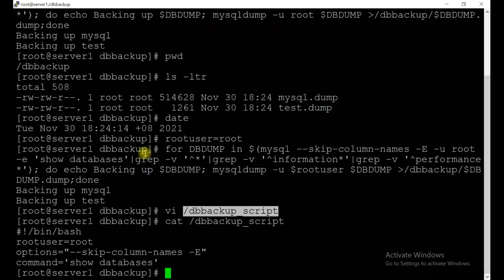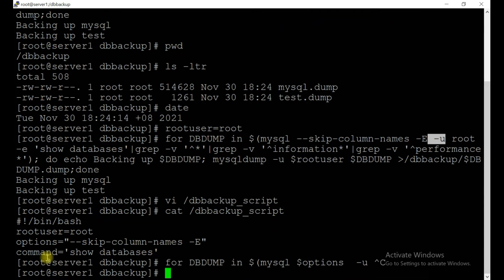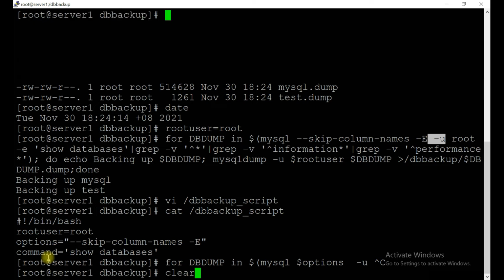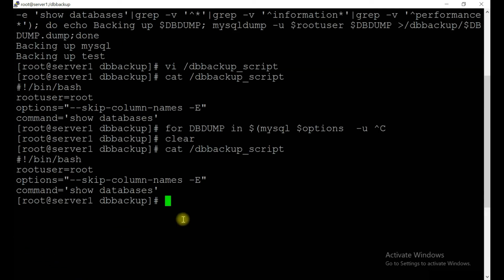Now let's do one thing, instead of running this one, change it. Okay, MySQL is correct, you need to include it. And instead of this one, skip, you can mention dollar options, then -u. Let's make it on top because it won't be clear here. So this is a command, we got it.